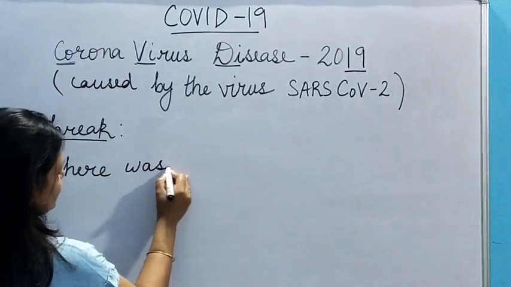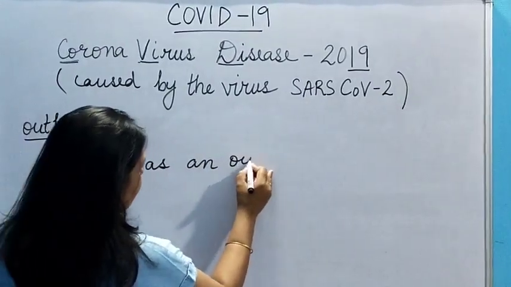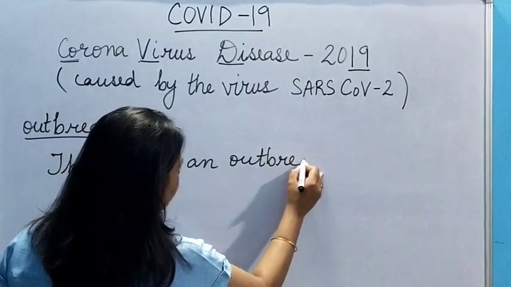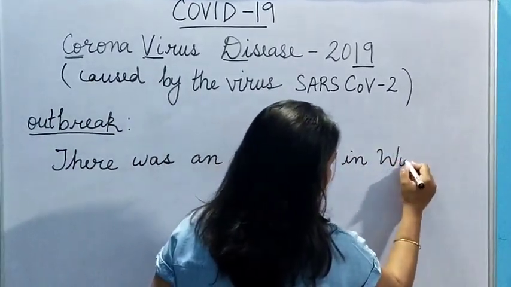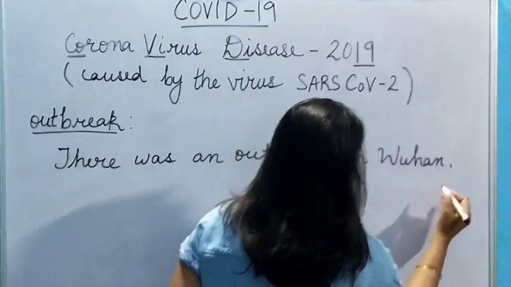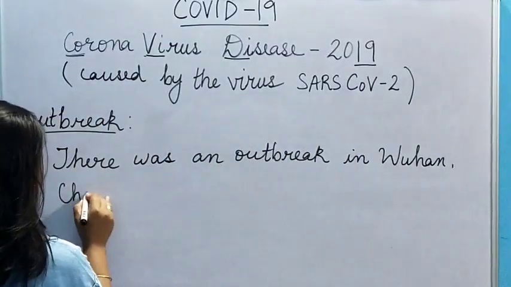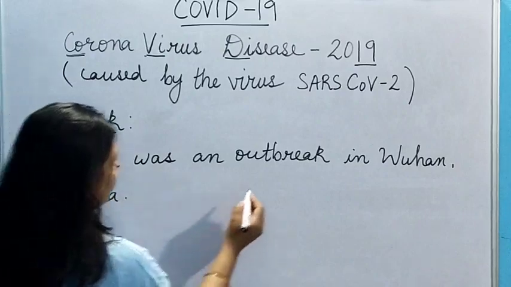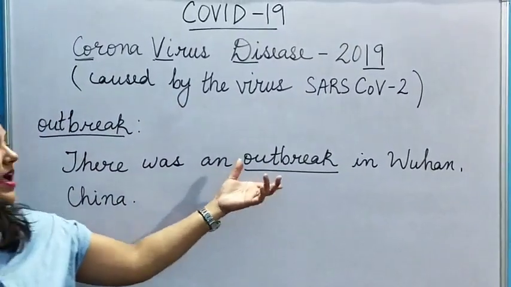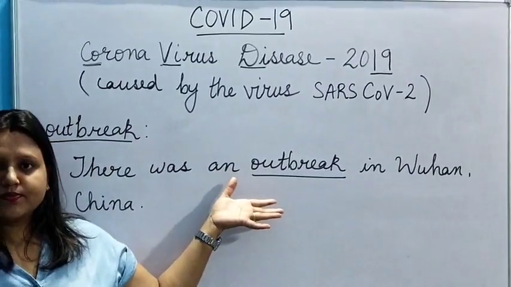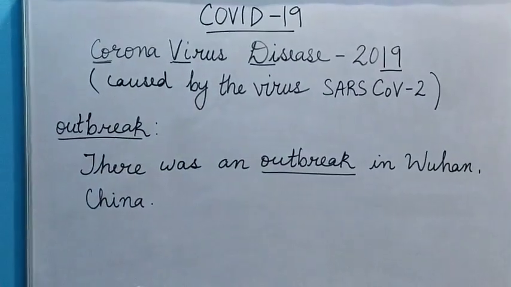There was an outbreak in Wuhan, China. Now this word outbreak is acting as a noun in this. Alright, the second word was